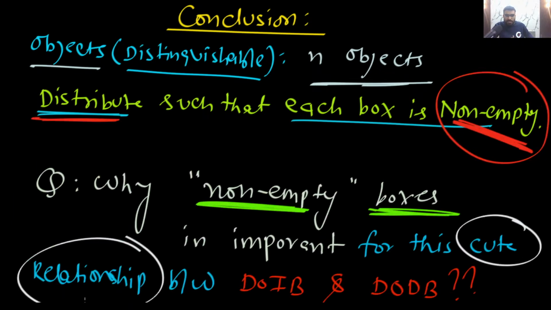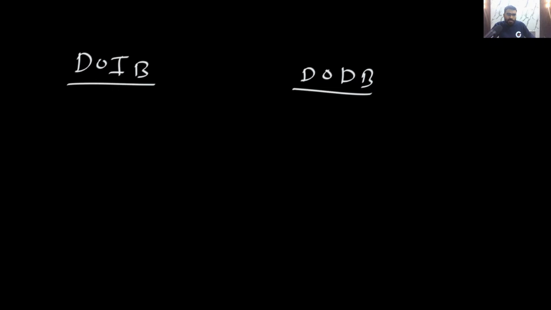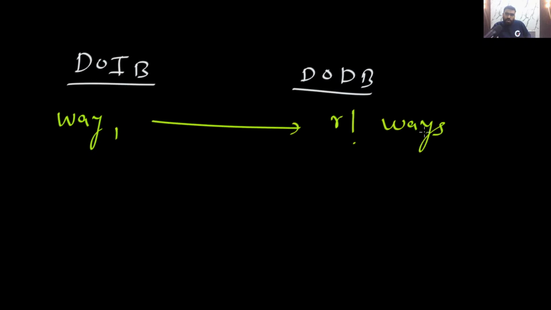Is this clear? See what I am telling you. The cute relationship, did you understand? The cute relationship between DOIB and DODB is like this: for every way here, if you have some way here, way 1, then there will be total R factorial ways here. If you have total R non-empty boxes,